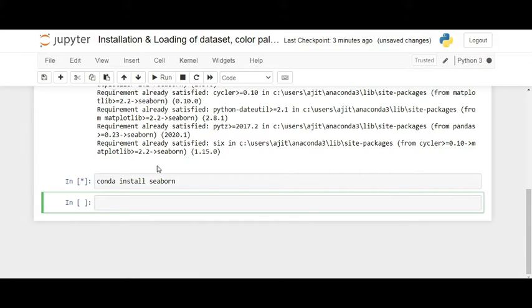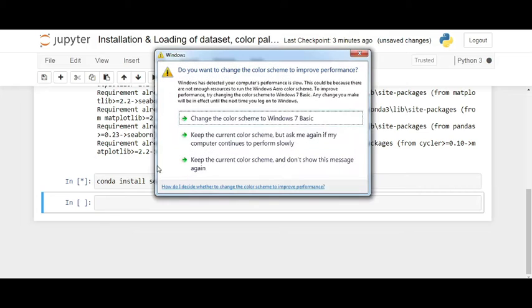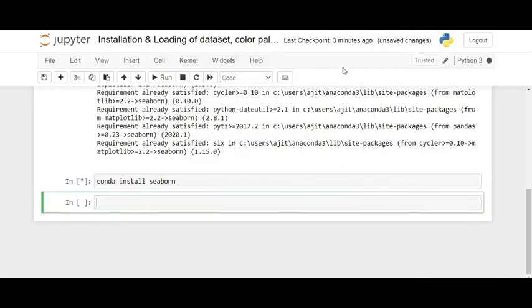So for Windows, Linux and Mac, those who are using Anaconda, it is also possible to install the released version using this one. So it will take a little bit of time. Again, I have already installed it in my system, so it will show that it is already installed.